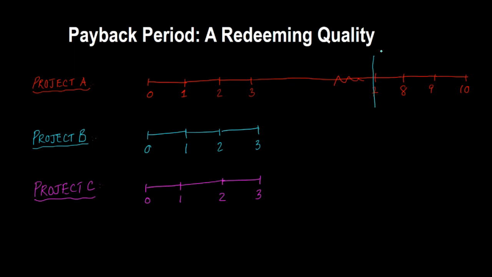So that's one problem. The other problem is that if the firm says, look, we are only concerned with projects that pay us back in 7 years or less, this means that typically you end up not considering those cash flows that occur after your desired benchmark, which again, as you've seen in a previous video, can be a problem.